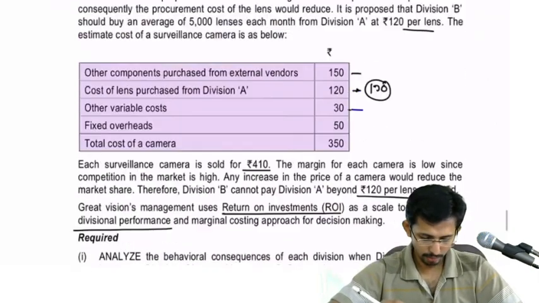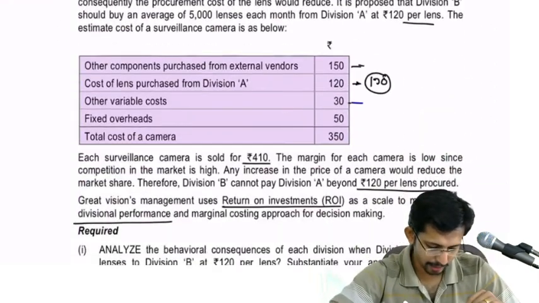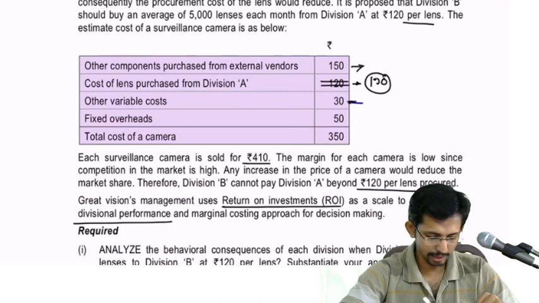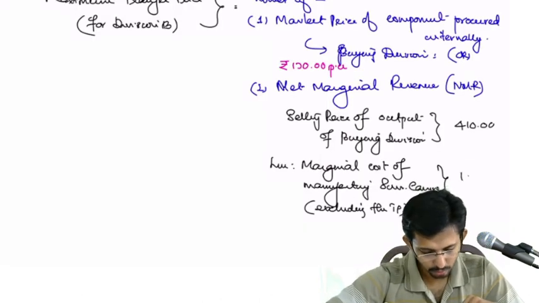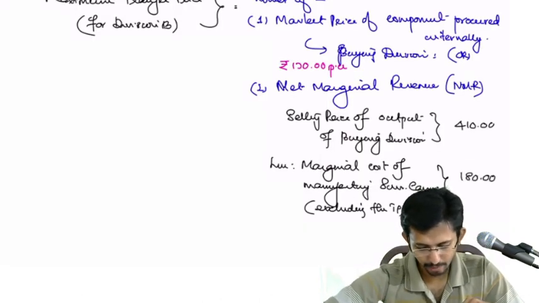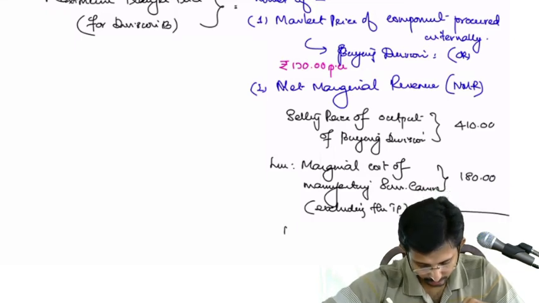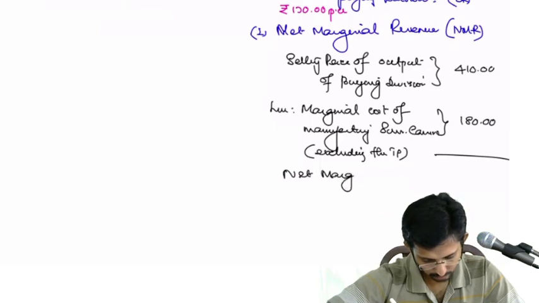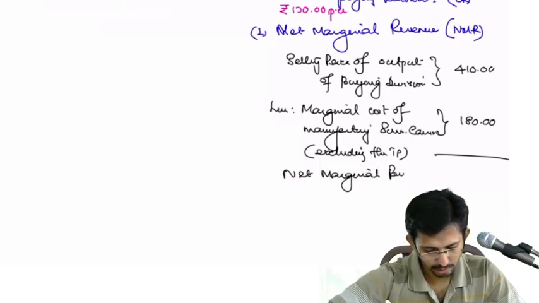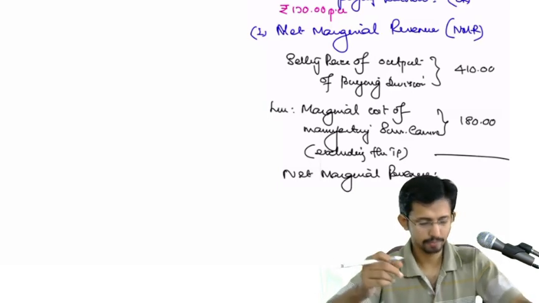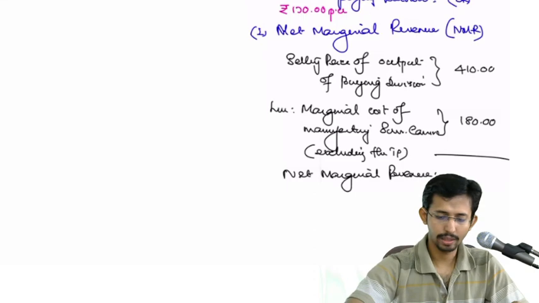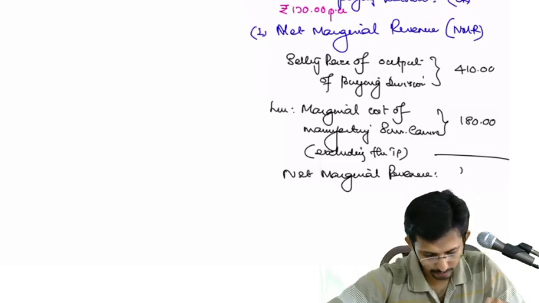We have already seen that 150 is the variable cost. Then 30, that is 150 plus 30, 180. So net marginal revenue will be 410 minus 180,